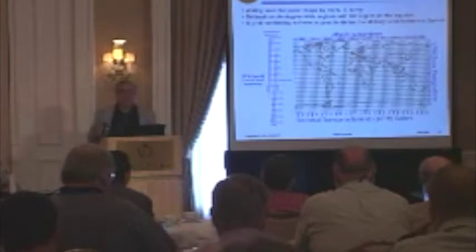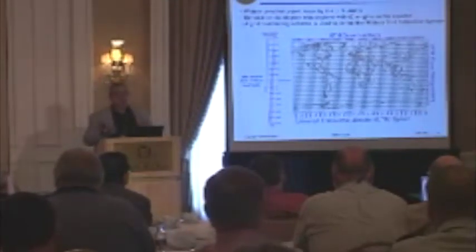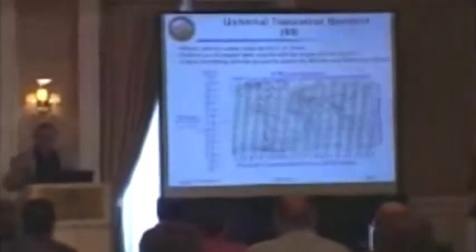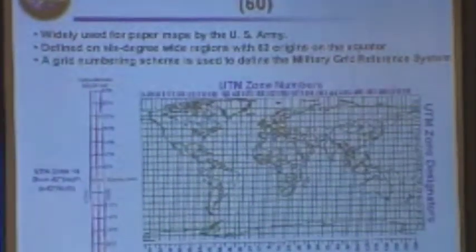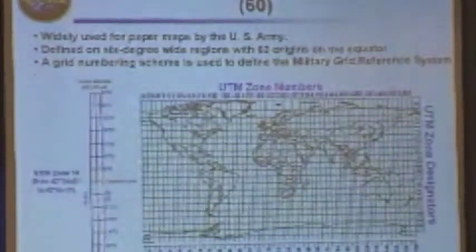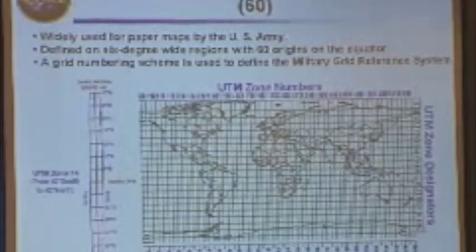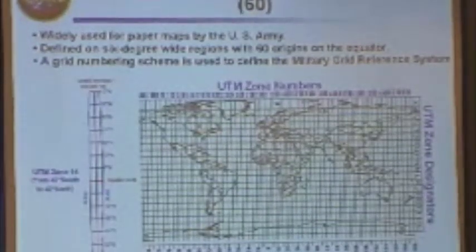So for military purposes, people have cut the world up into zones, 60 of them, taken transverse Mercator and restricted it to a zone, a long, thin region, where the distortion is now minimized, so that you use this section when you're in a certain region. I don't know which zone that is, zone 14, and if you're over a little bit in zone 15, use zone 15, and you minimize the distortion. Looks great, used for most ground military maps.